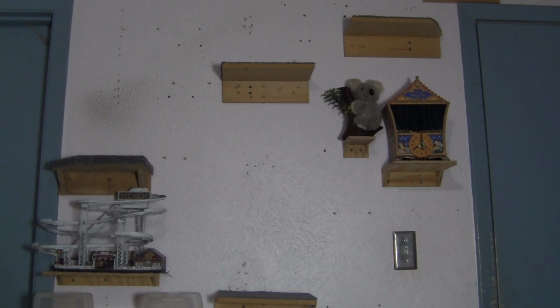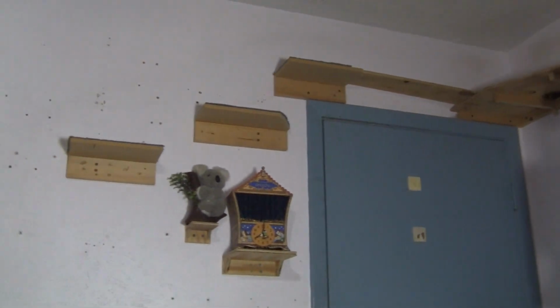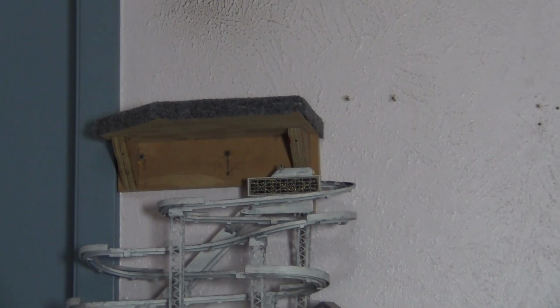He starts here at the bottom. He can make the first one from the ground and goes up, turns around, goes the other way, all the way to the top. Now the plan is to not only go that direction, but also go this direction and go up there, so that there's two perches. So this perch